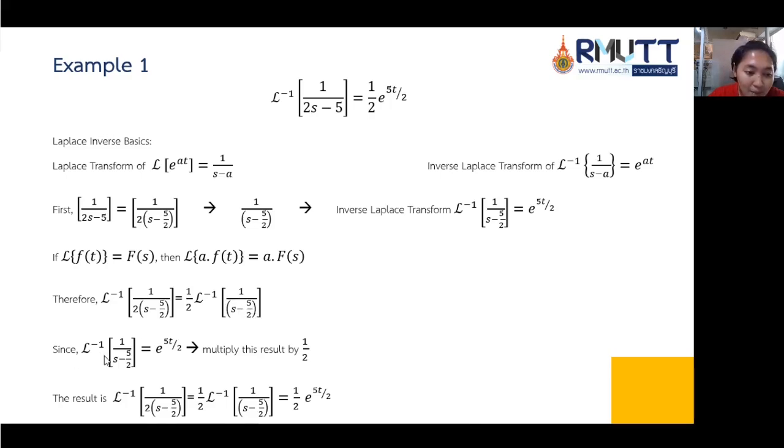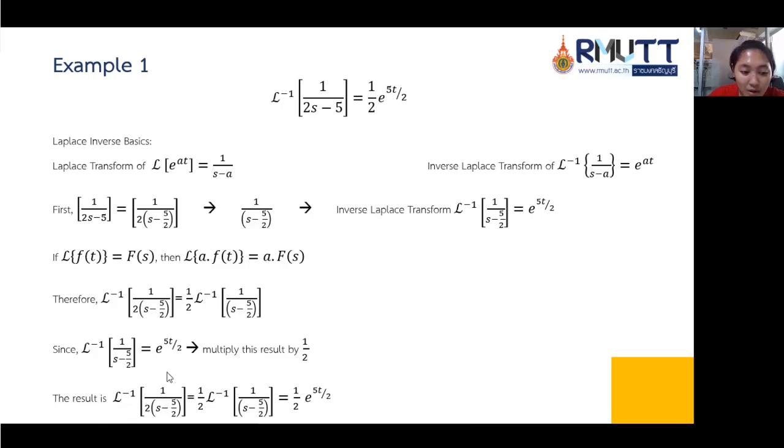Since the inverse Laplace transform of 1 divided by s minus 5 divided by 2 is equal to e to the power of 5t divided by 2, then multiply this result by 1 half, and then the result is